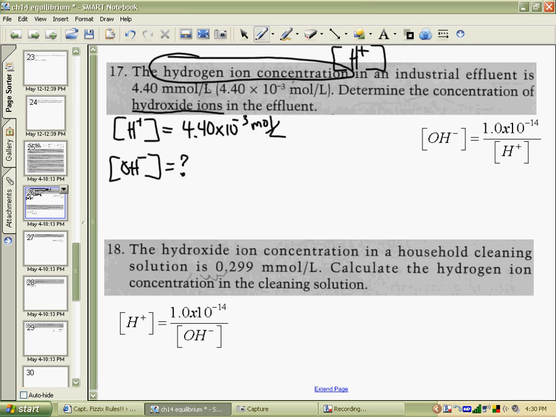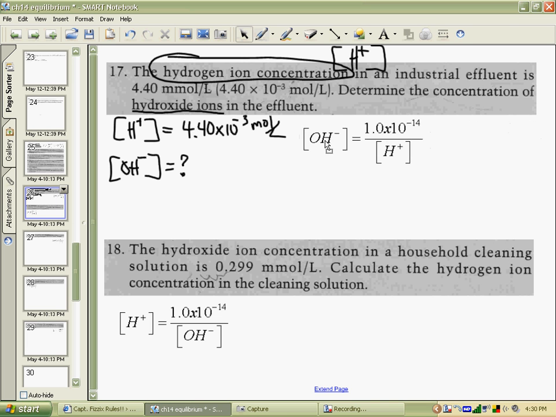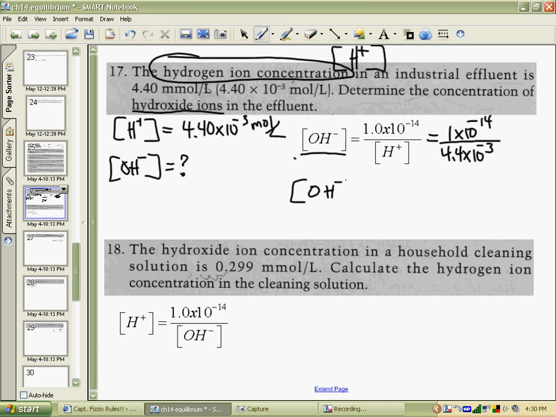Now our formula that we're dealing with is that OH minus, the concentration of hydroxide ions, is 1 times 10 to the negative 14 divided by the hydrogen ion concentration. So we will take 1 times 10 to the negative 14 and divide by 4.4 times 10 to the negative 3. And we will be able to get our hydroxide ion concentration. To do that, we will minimize a few things,